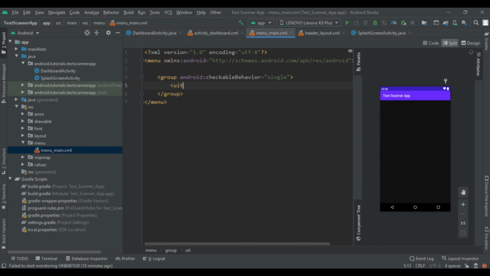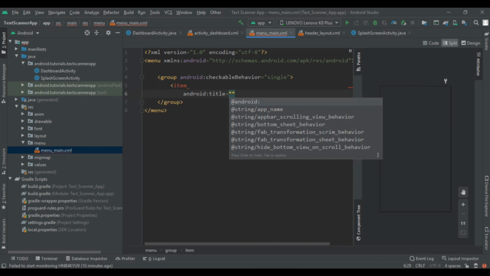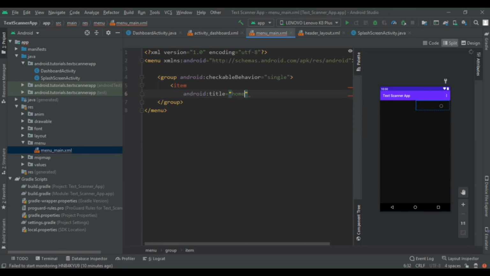So here I am writing item, and item title will be Home, and give title in proper manner. So first letter is capital, and then give its ID. Its ID will be home.